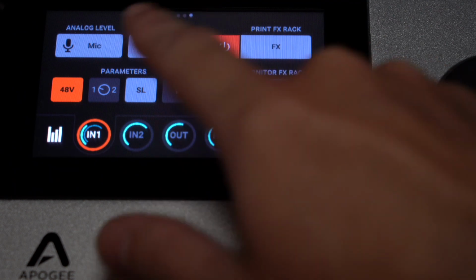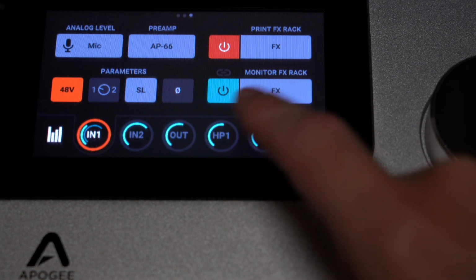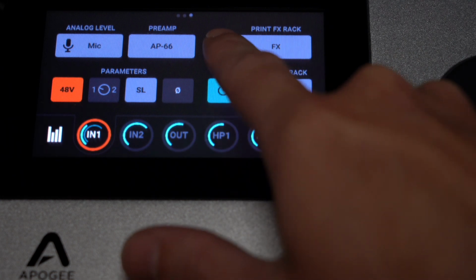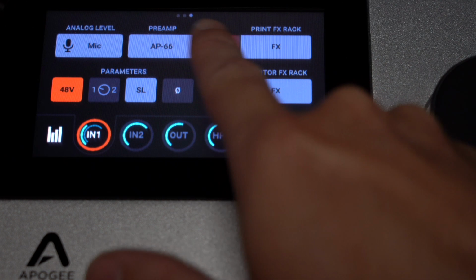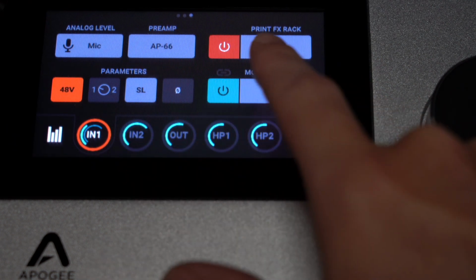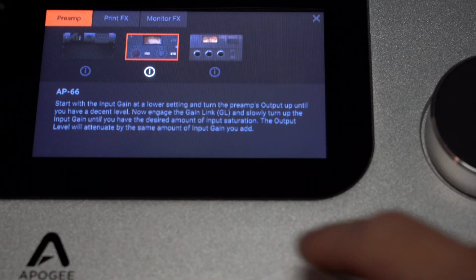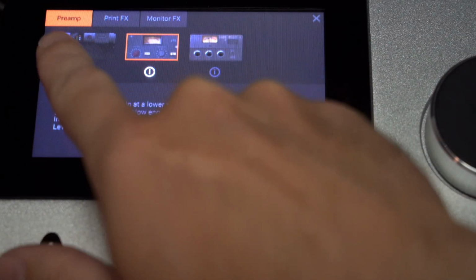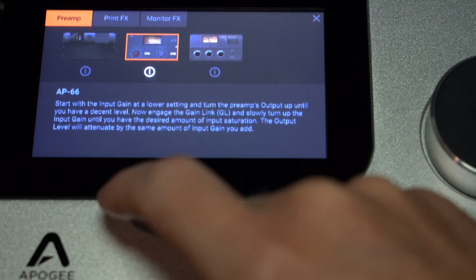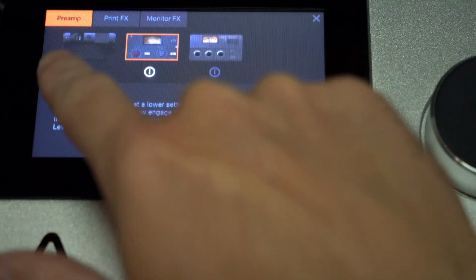We've got all of the standard features that we had before, plus we now have a print FX rack and a monitor FX rack. You can enable and disable these independently. But if you tap on preamp, print FX, or monitor FX, it takes you to what I'm calling the DSP screen. And here across the top, we again see preamp, print FX, monitor FX. And depending on which of these is selected, the